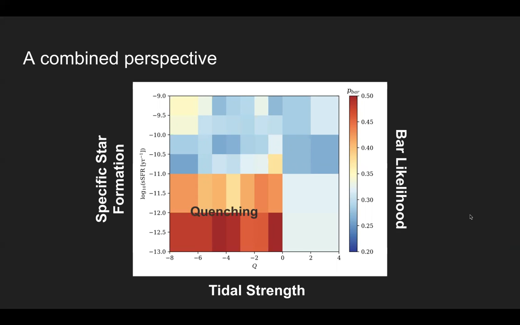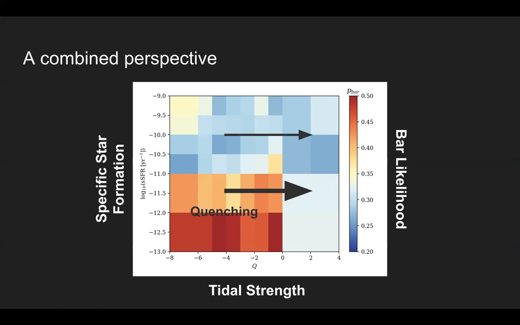Well, most majorly, we have a decrease in bar population or bar likelihood in these low star formation galaxies when you move to denser regions. And the same is true somewhat for these higher star formation rate galaxies, although it's not as easy to see in this plot. So to break this down a little bit more, let's